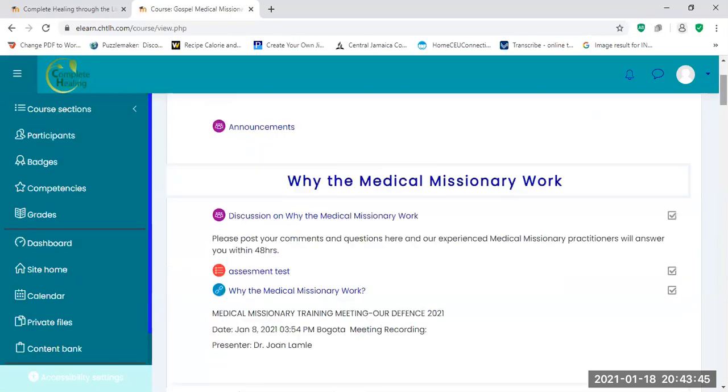Each section, we're going to have up the top a discussion board for that section. So the first section, the first class, is why the medical missionary work. You notice right up the top, there's a discussion board on why the medical missionary work. These discussion boards will be monitored and rated by the team, so that you can ask the relevant questions to the section here. So maybe I have a question about why it's important that you should do the medical missionary work, or some word of encouragement or something. You click on the discussion board